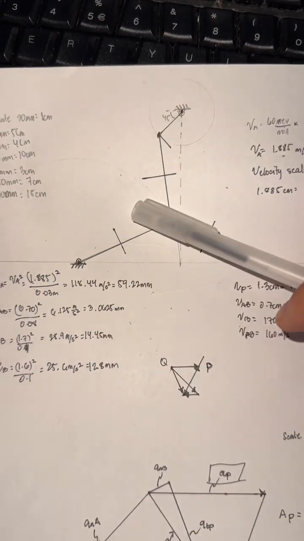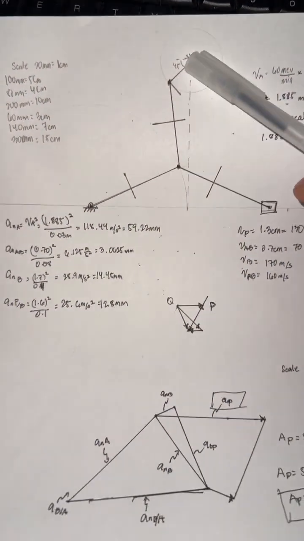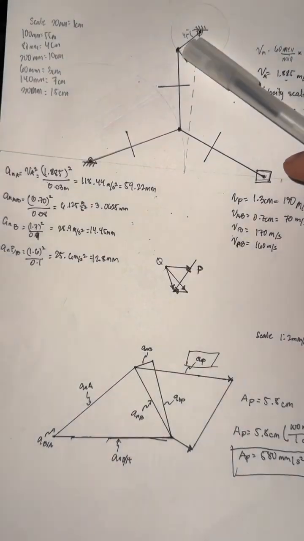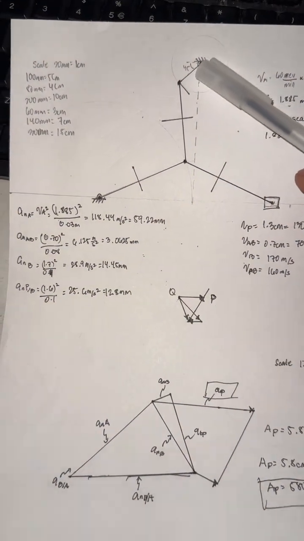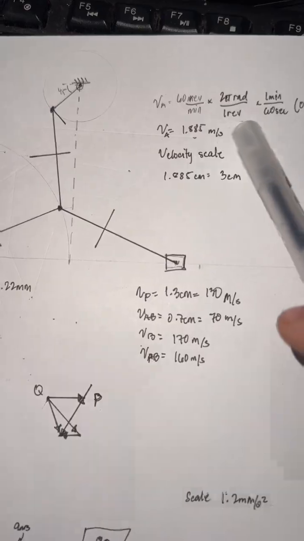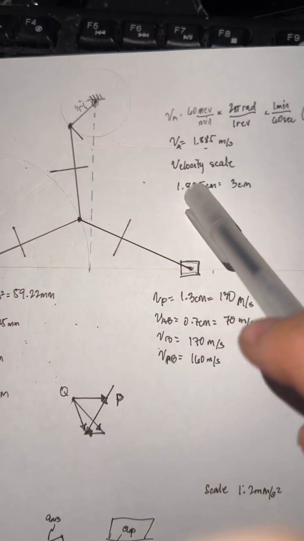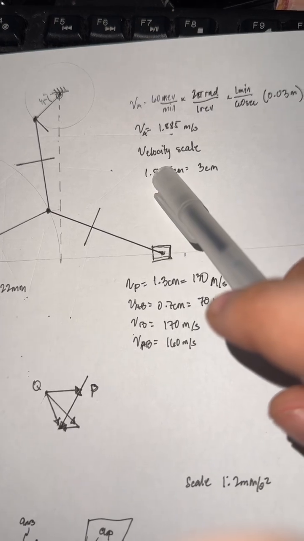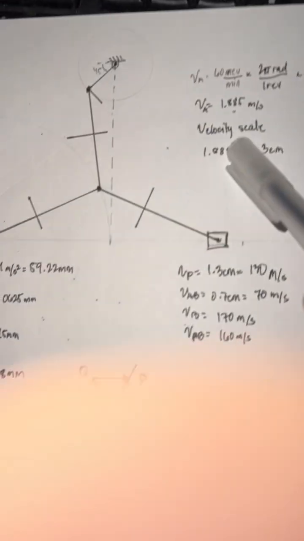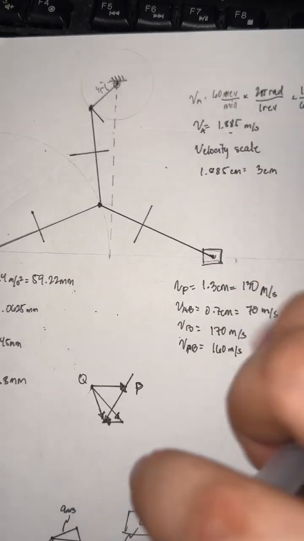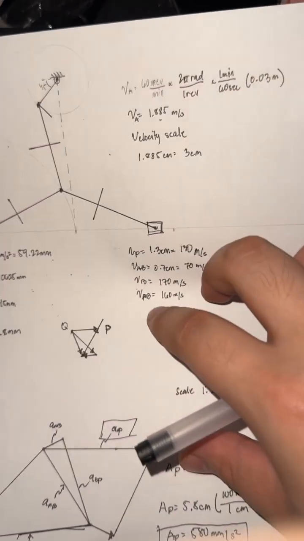I use the compass to accurately measure all of the links together. This one is 45 degrees. And then in computing for the velocity of the crank moving at a speed of 60 rpm, the velocity that we will be getting is